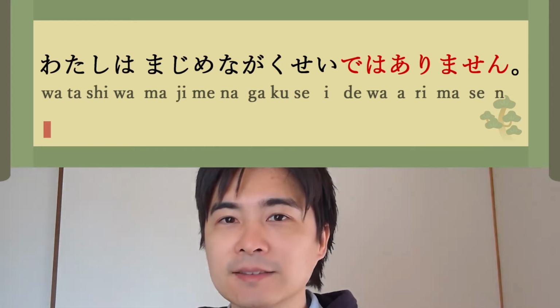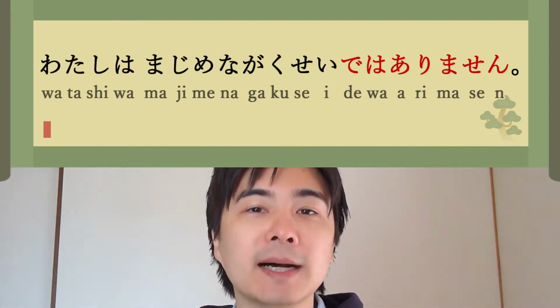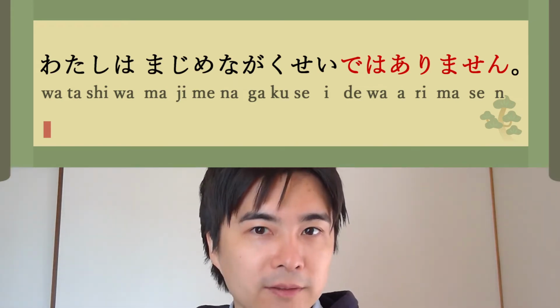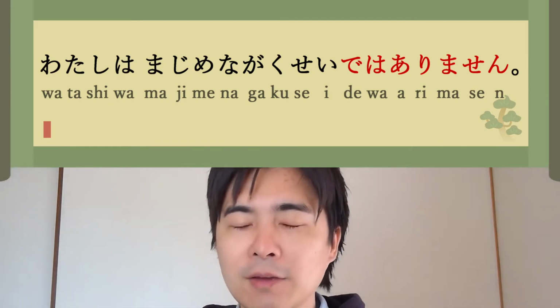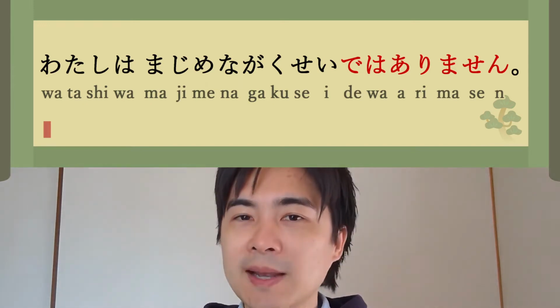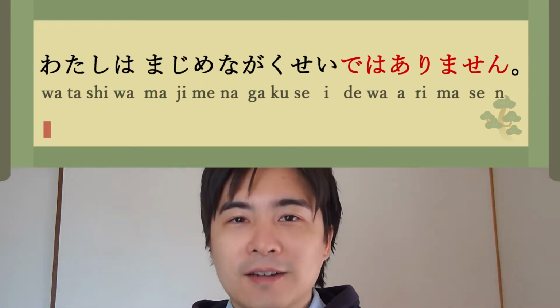When we make a sentence negative, です becomes ではありません。So, I am not an honest student is 私は真面目な学生ではありません。